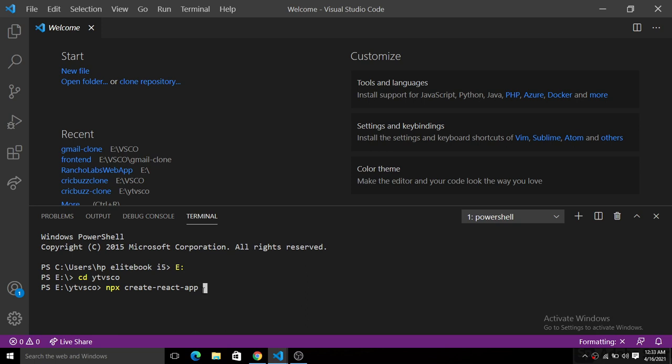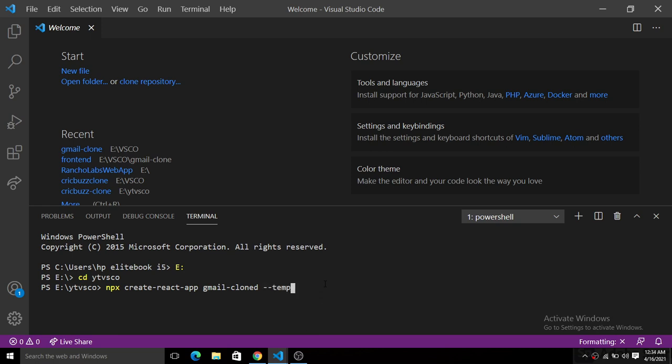Now we will give the name of the project, or you can provide a period and a forward slash, so it will be in the directory you are in. Here we will give the name Gmail-clone. And here is the very important step: we are going to use Redux, so we will add a template Redux there to get those things also.